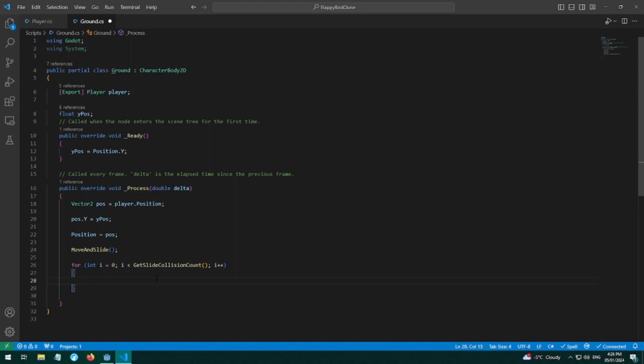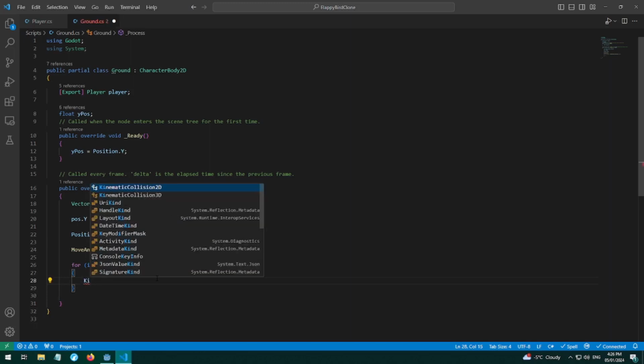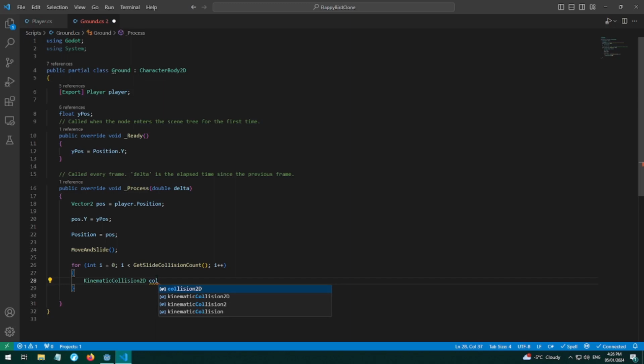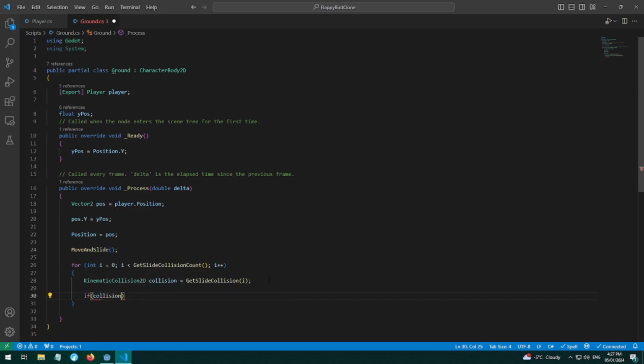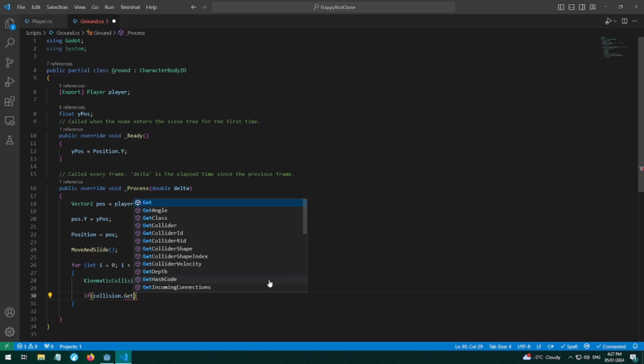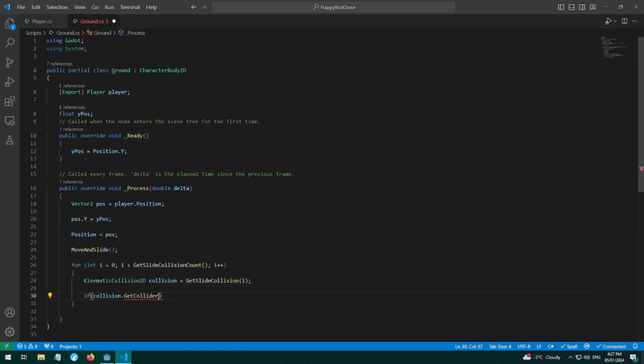So we'll get a KinematicCollision2D collision. We'll set that equal to get slide collision i. And then we'll say, okay, if the collision.get_collider.get_class is equal to, actually,